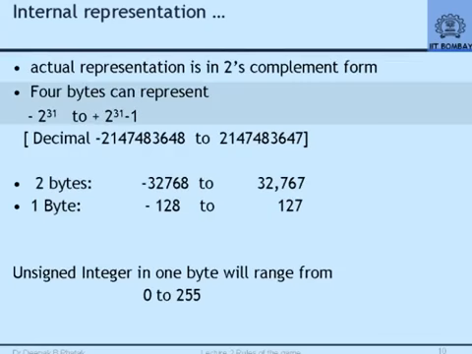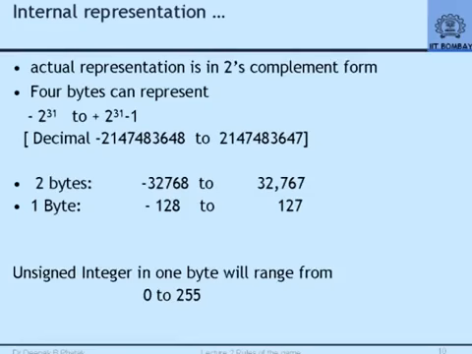But consequently, with this kind of 2's complement notation, we revise our estimate of the range of values that we can represent. 4 bytes give us this range, 2 bytes will give us this range, and 1 byte will give us a range from minus 128 to plus 127. A signed integer of 1 byte would have given us minus 127 to plus 127 with plus 0 minus 0. But this is what we will get. Of course, if I say represent unsigned integer, I will not get any negative numbers, but I will get 0 to the maximum value.